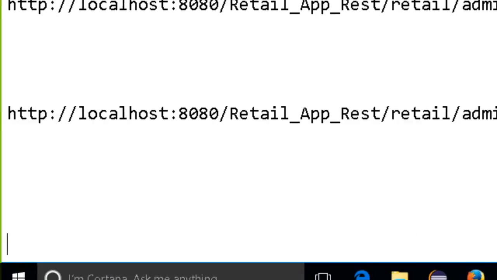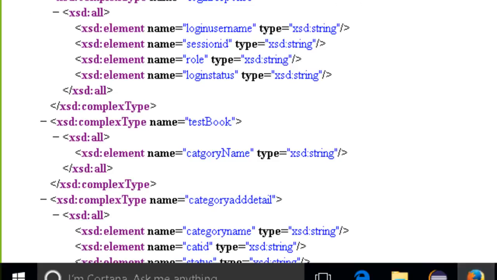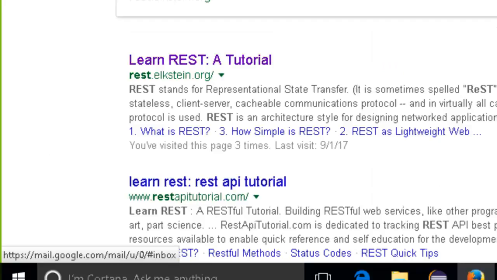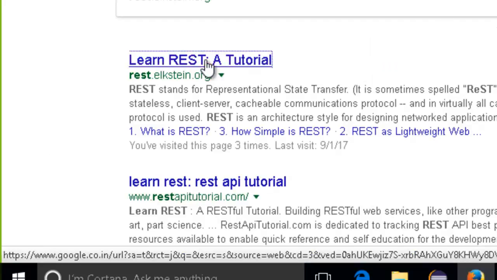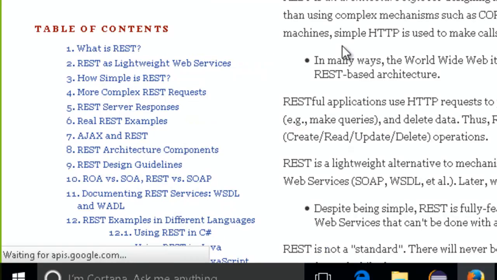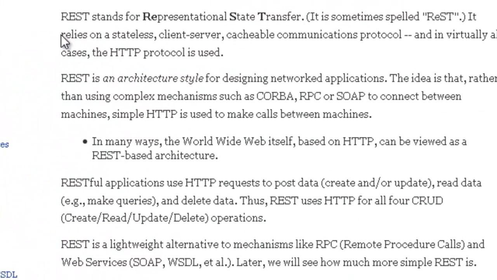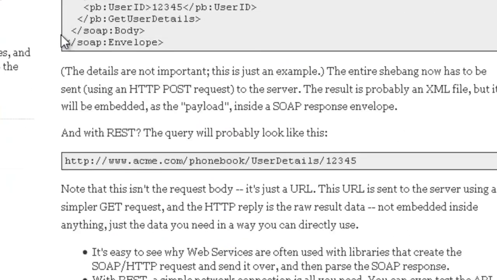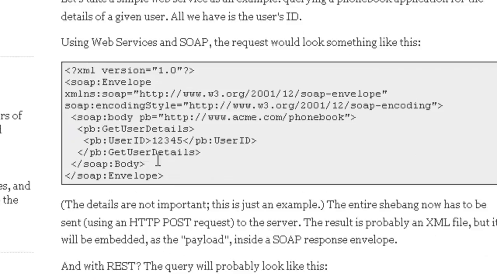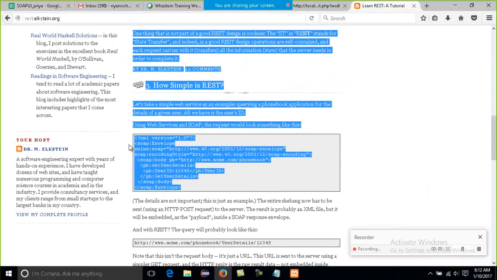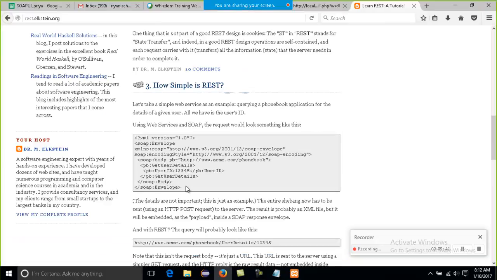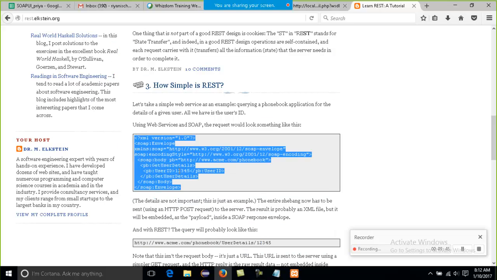Okay, now let's talk about the next thing. There is an official website for REST, from where you can understand how REST actually works in case of your tool when you work. Here it is. So it will give you the complete detail of everything, how it works. Clear? Can you see here? This is the SOAP request. It is showing me how my SOAP request looks. Let us copy this